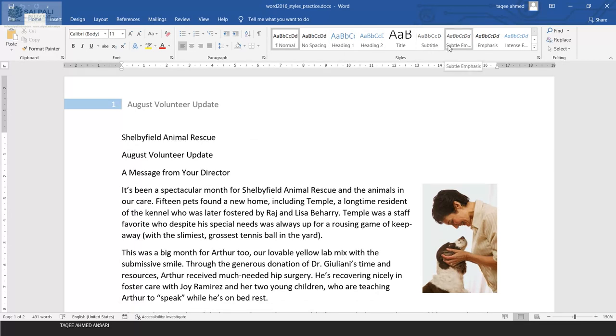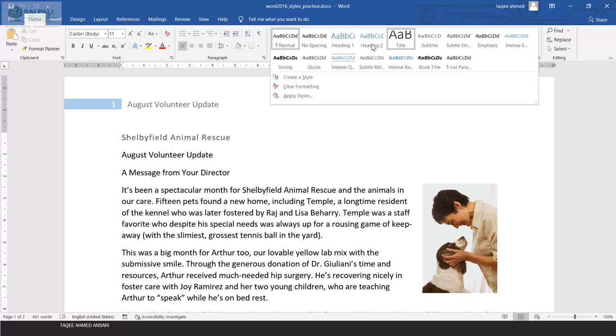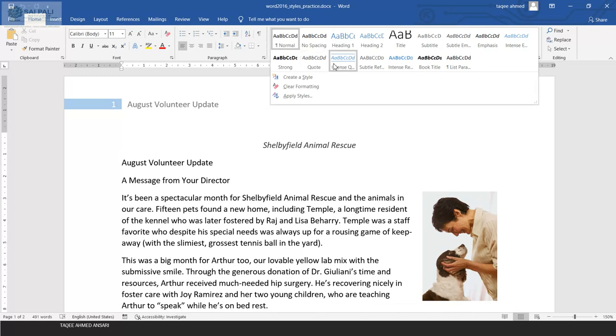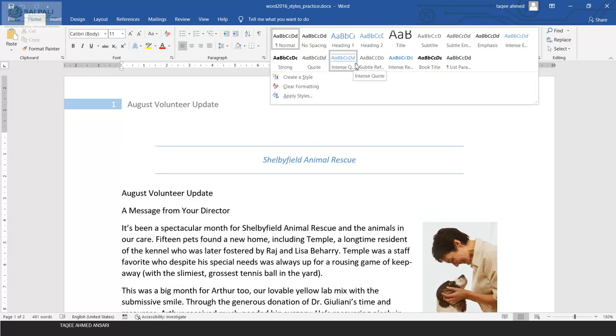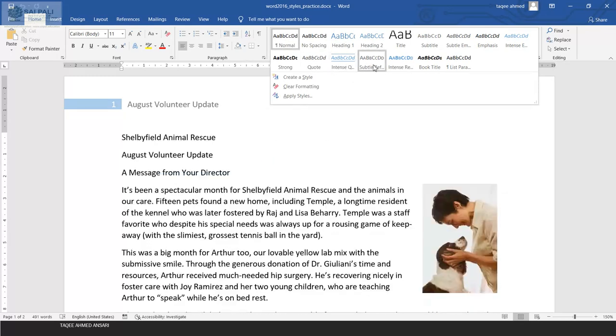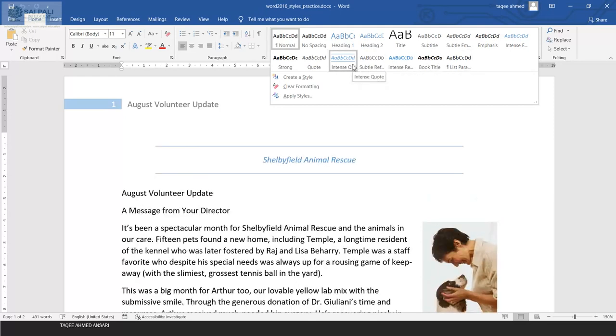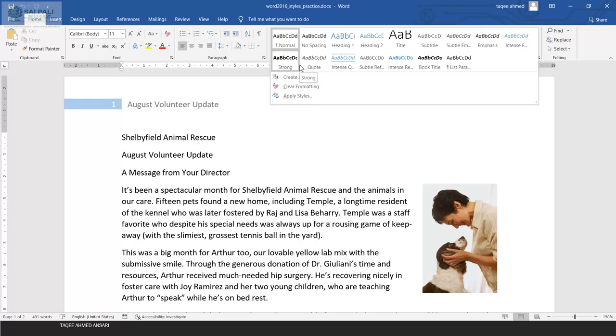Subtitle, Subtle Emphasis, Intense Emphasis, or we can go for the More option here, and when I click on it, I can get some other options also. As I hover around, it gives me a preview. It is not applying in the document, it is just giving me a preview of that style.